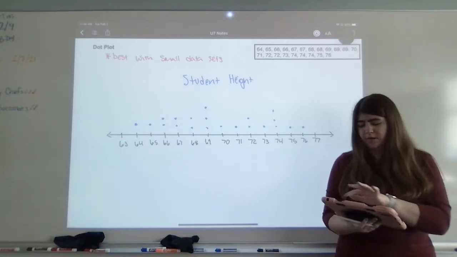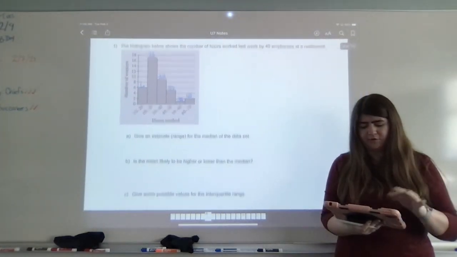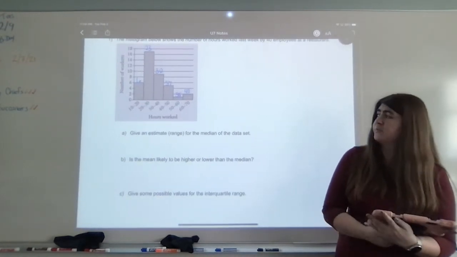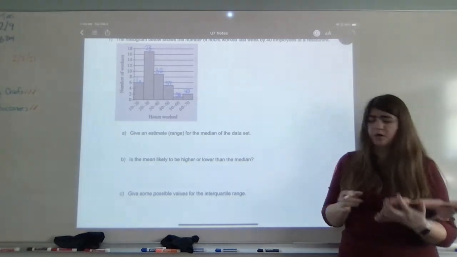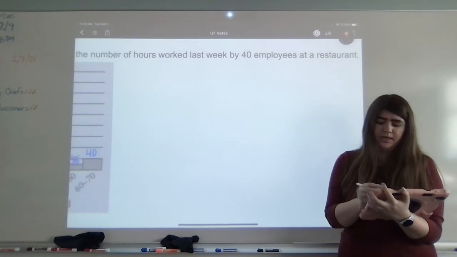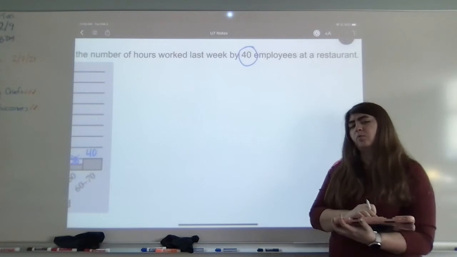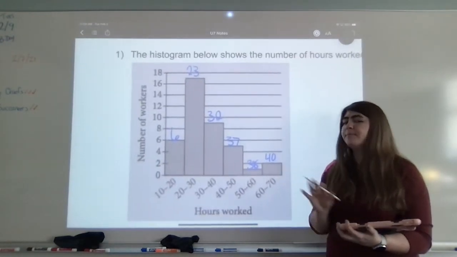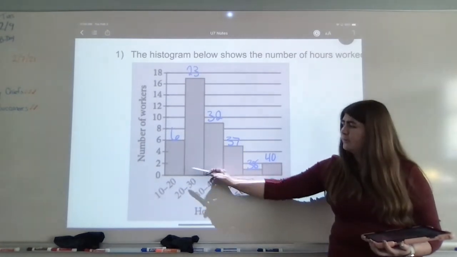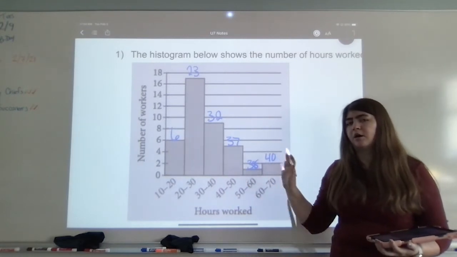do some problem solving. So let's go ahead and change the page, and here we have this first question about a histogram. And I already wrote in a couple things here, and I'll explain what that is in a second. So the histogram below shows the number of hours worked last week by 40 employees at a restaurant. Notice that's 40 employees. All right, so when we look at our histogram, the types of questions that were being asked, it will be helpful to know not how many are in each individual column, but how many are behind